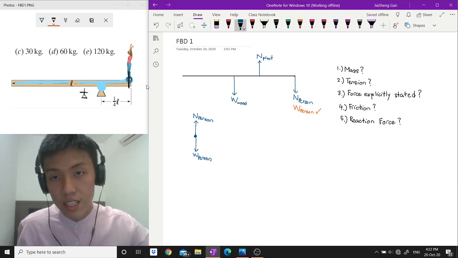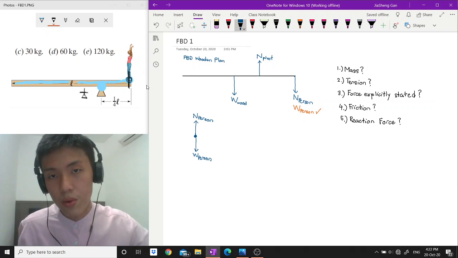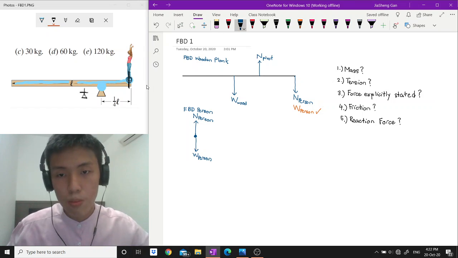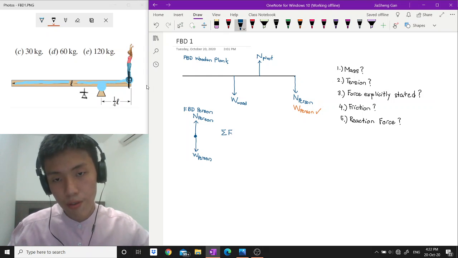This is the FBD for the wooden plank. The one down there is the FBD for the person. Since we know everything is not moving, everything is in equilibrium, so the sum of Fy